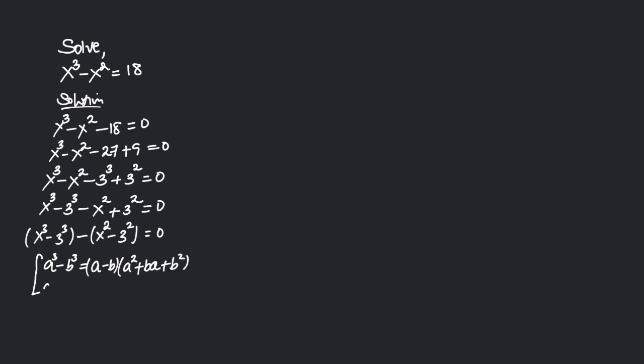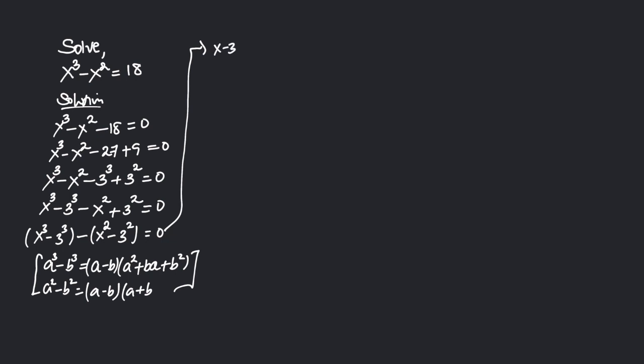And if you have a to the power of 2 minus b to the power of 2, that's a difference of two squares, and that is equal to a minus b into a plus b. So we're going to use these two identities. And if we do that, our equation then becomes